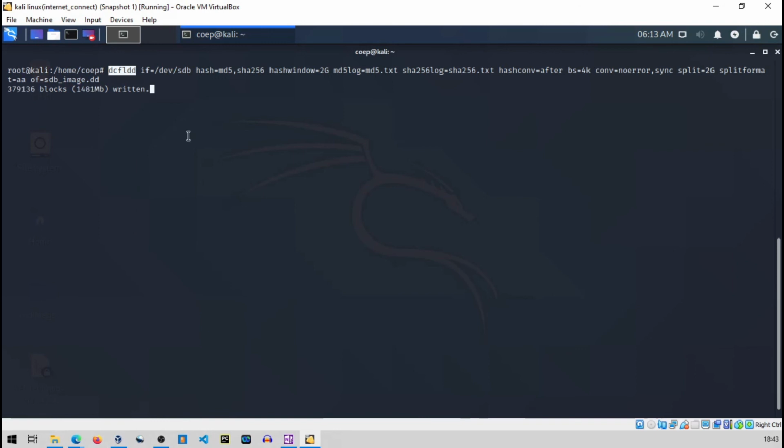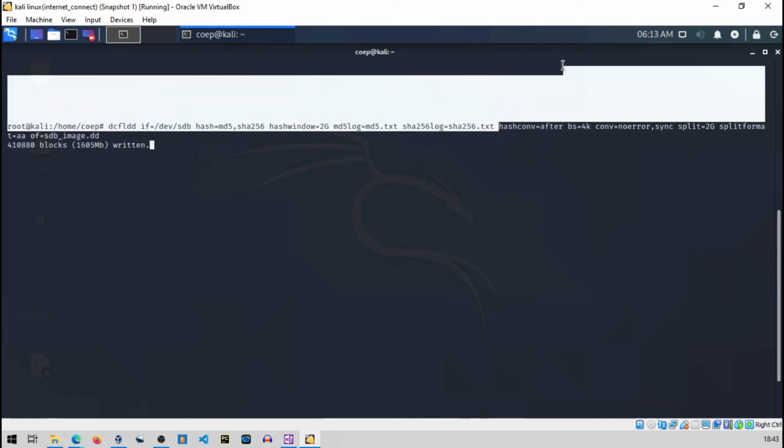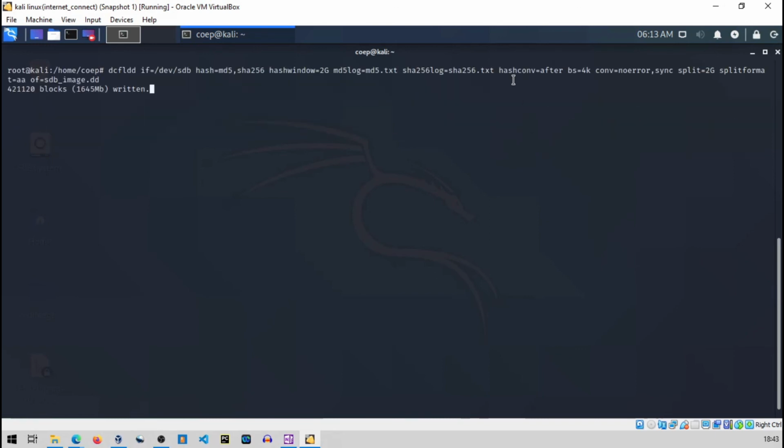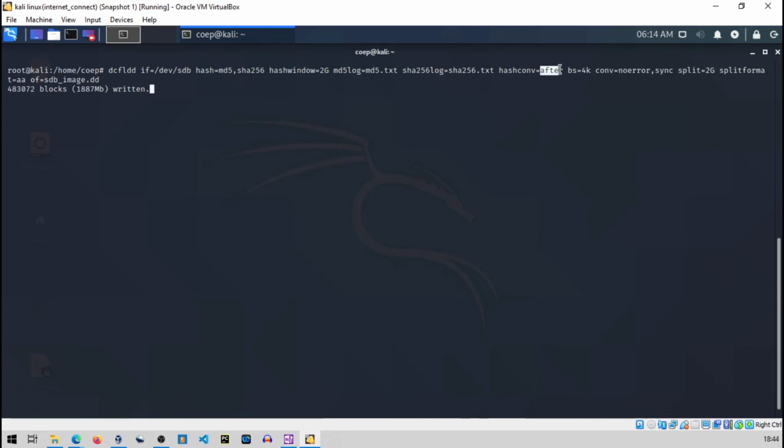Sometimes you won't see hash values, even after this command executes completely, because you are giving this option after, right?